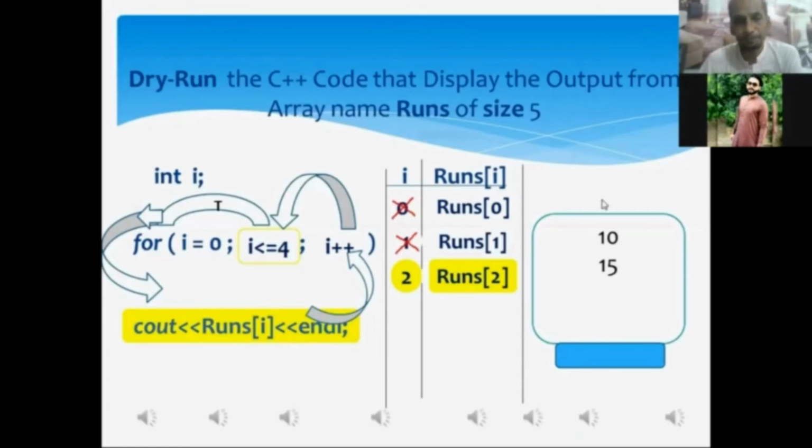Mr. Aftab, whatever data value has been stored in the third memory location of the array must be displayed onto the screen. And what is the data value that will be displayed? In order to get the data value from the third memory location of the array, I am taking you to the memory structure of the array. Mr. Aftab, are you ready to go to the memory structure of the array? Yes, sir. Ready, sir.